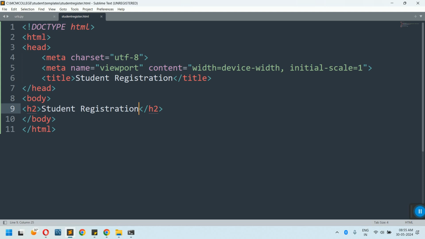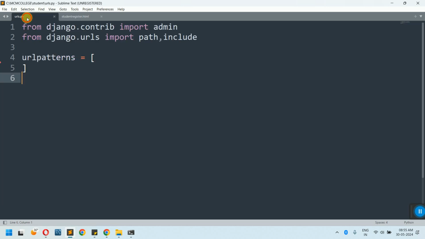And once you have done this, remember, whenever you create a HTML page, two things you have to do. First thing is you have to go to the urls.py of your application. Write two lines here. The first one is from student import views. This is the first line. Second is inside the URL patterns, you have to add path